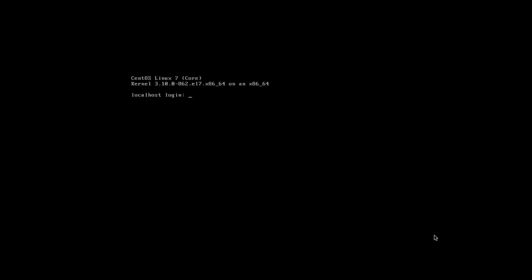So now it is loading your operating system from the hard disk, because we gave the destination of the installation as the hard disk. So every time it will load your operating system from the hard disk. Now it is asking for a login prompt. Root is the username by default, and the password is the one I entered in the password section while installing the operating system. So now we can see you have installed your operating system successfully.